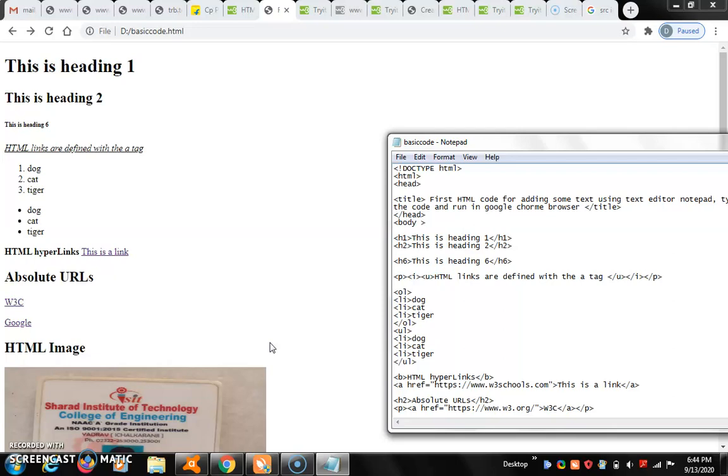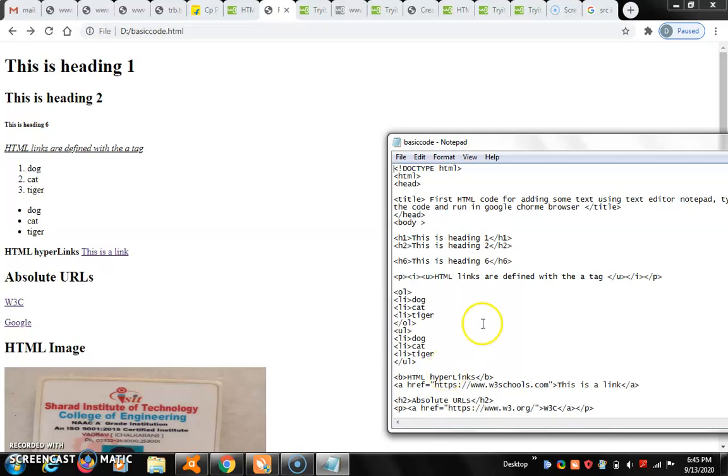So it is in HTML only: open tag HTML, close tag. After that, open tag head, close tag. At the end of the program you are going to close HTML. Within head there is only the title. So it is one structure. Initiate the program on the first line, start the program, and end the program with the closing HTML tag; all the closing tags are going to end it.